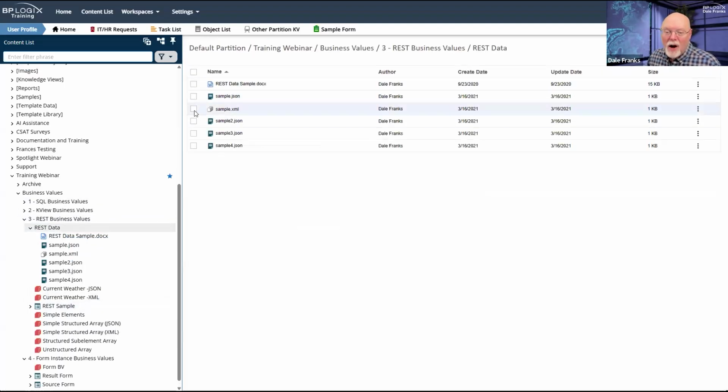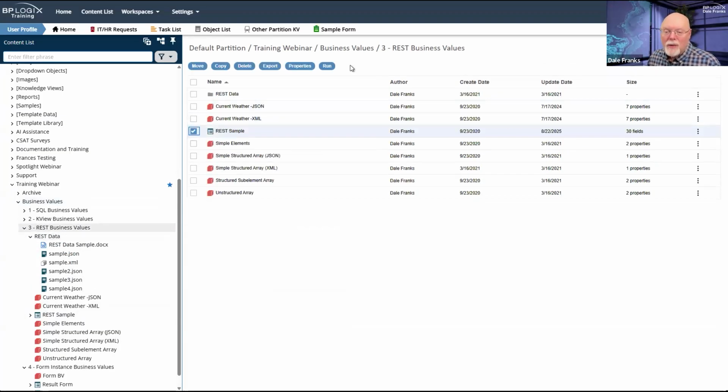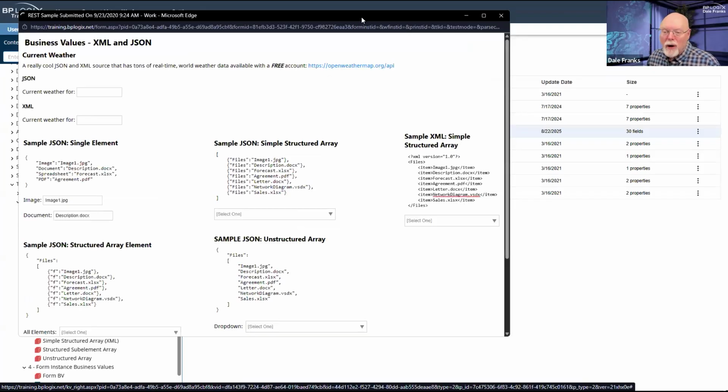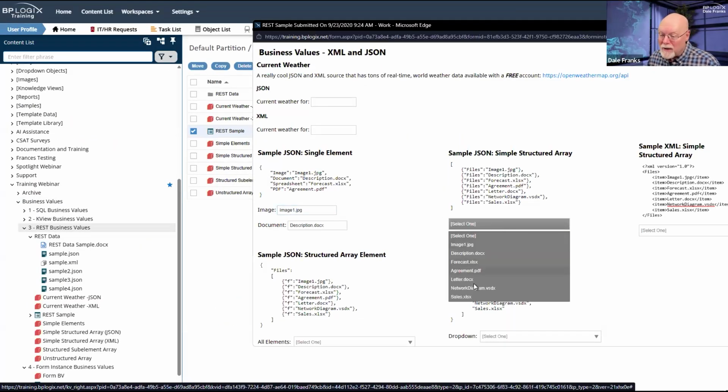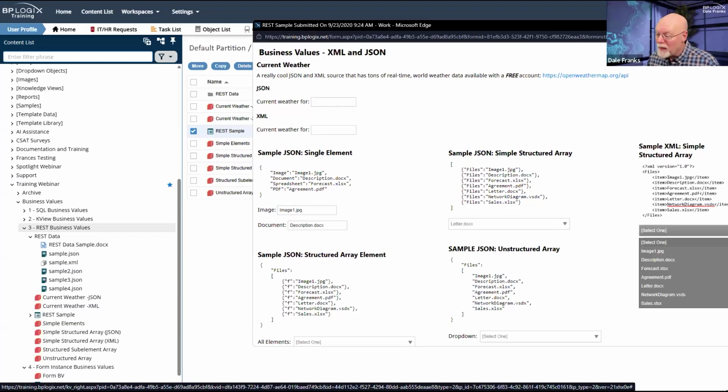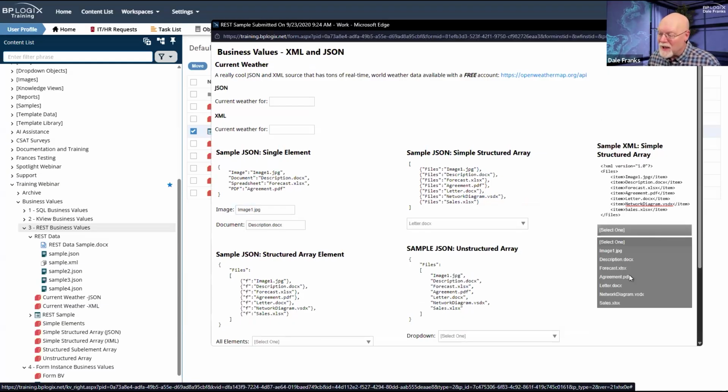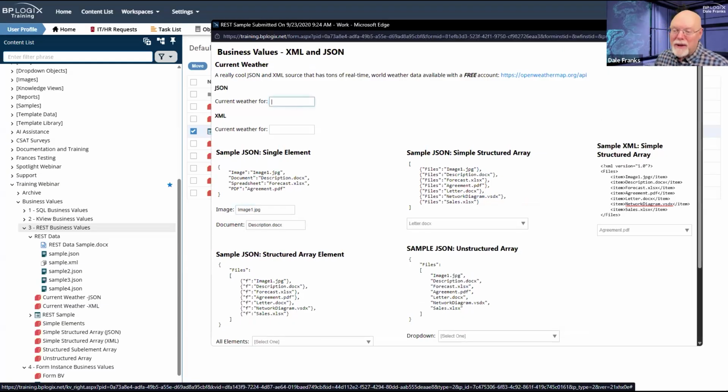I know it's at least calling it. REST business values. Let's run the REST sample. Run. Okay, happily, all of my other stuff is working. So we're cool with all this. Of course, that is my JSON. So I'm happy with that.